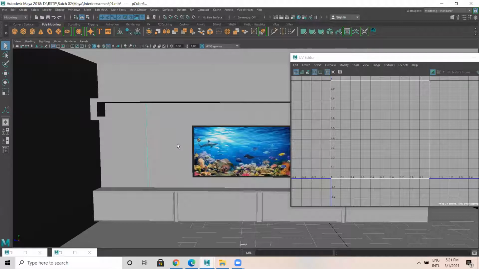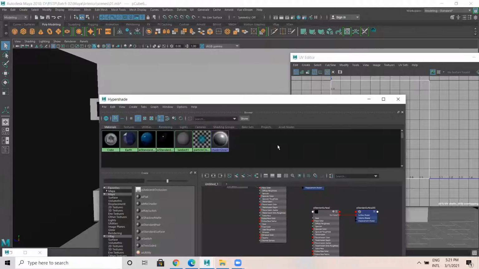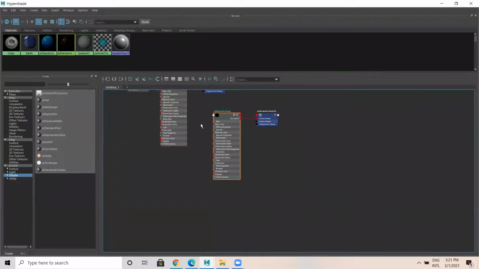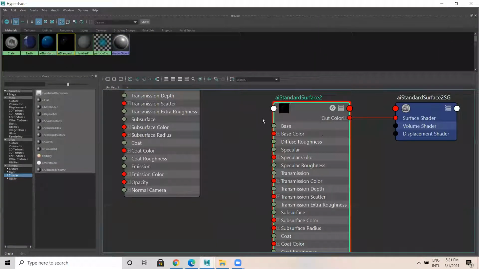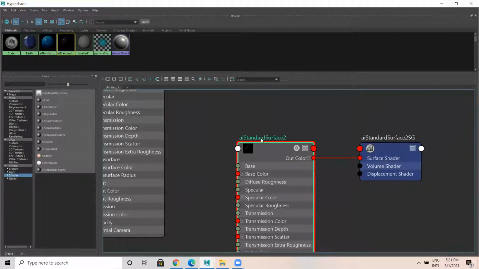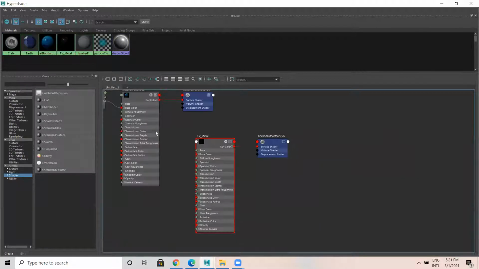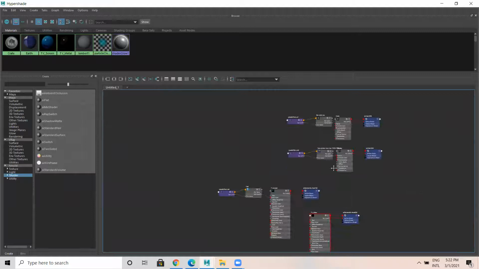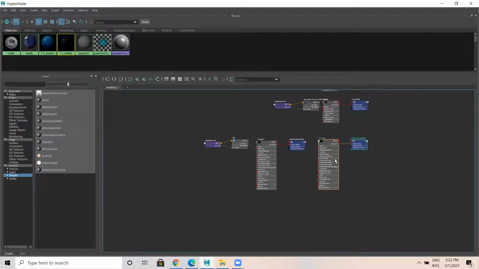Okay. Now let me apply material now. And another thing, naming is very important. So what I'll do, I think this is a double click, TV metal. This is a metal which we have applied. And this is a TV screen, right? Double click here, TV screen. Okay. Now you can place things properly.